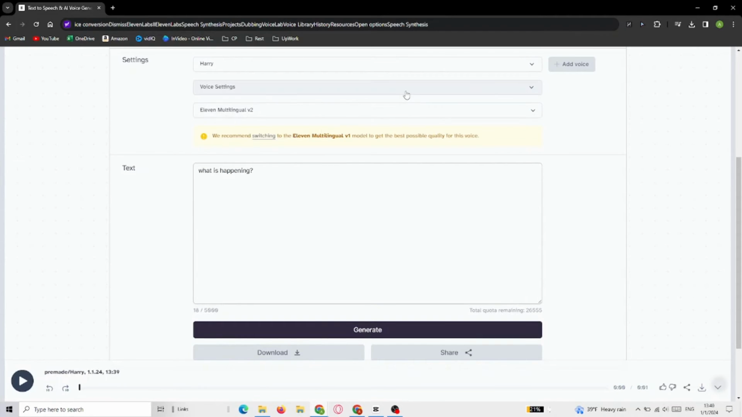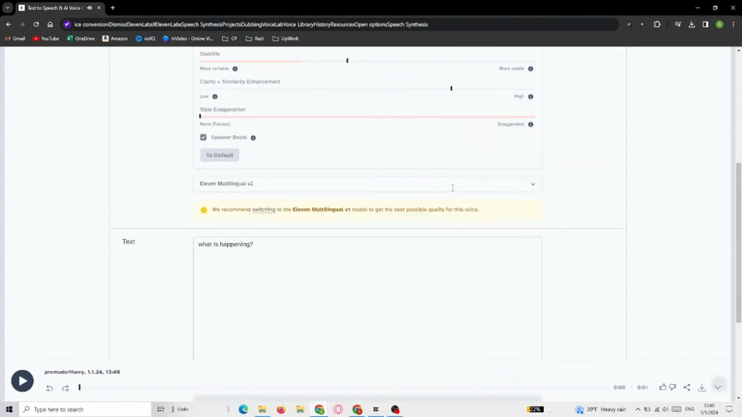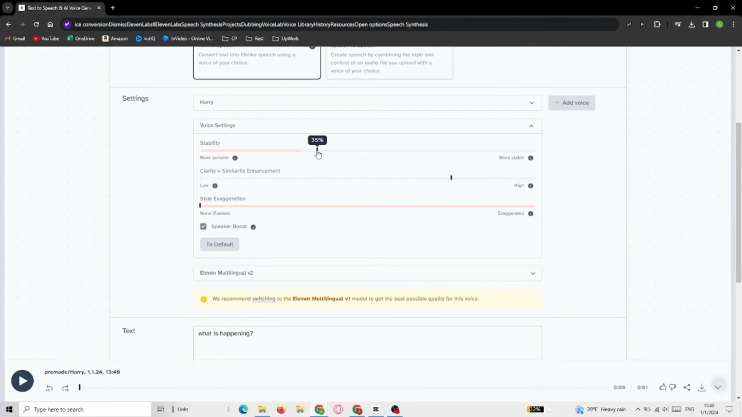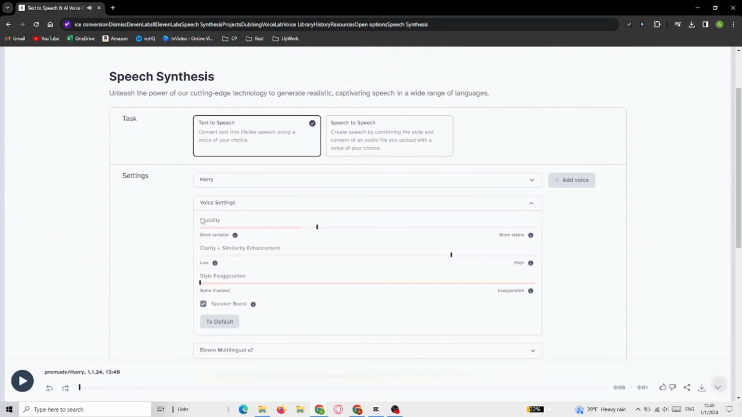What is happening? Okay, now let's try to change the stability a little bit. What is happening? As you can see, what makes it more or less emotional is the stability, so you just have to play with it a bit to find what you're